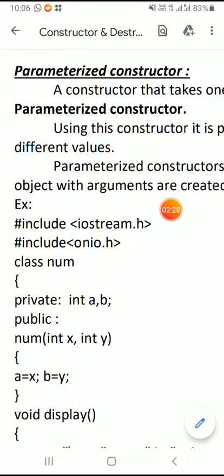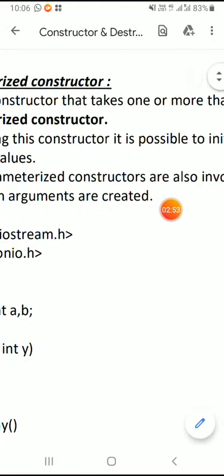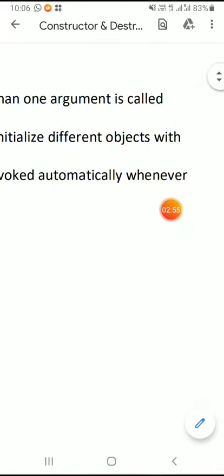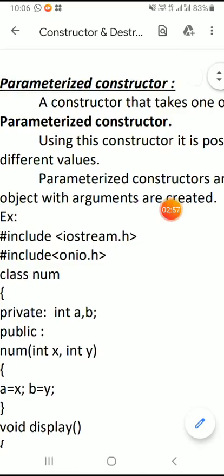In the case of a default constructor, even if you create multiple objects, all the objects will be initialized with the same set of values. That is one drawback of a default constructor that can be eliminated by using a parameterized constructor. A parameterized constructor allows the user to initialize different objects with a different set of values.